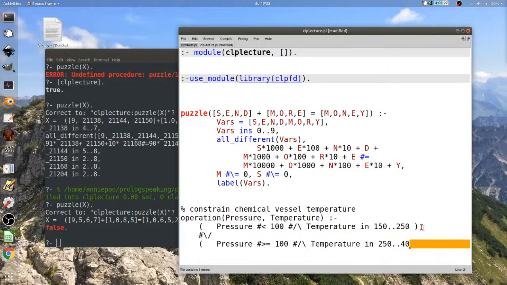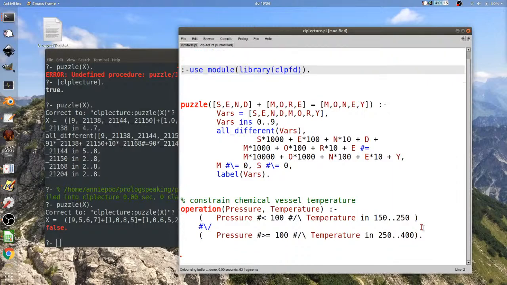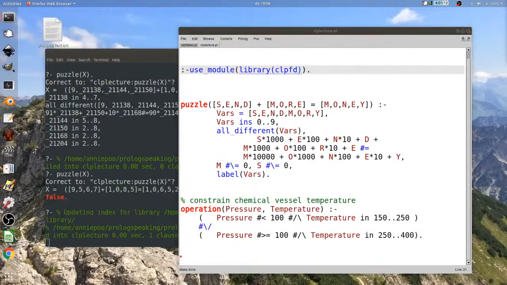$250 through 400. Okay. We could do that. That does the job. It's a little awkward. It doesn't really express what we wanted. Let's try it though. Yes, that's actually an excellent strategy if you are going to need to do that. But again, we want to be in constraint world.